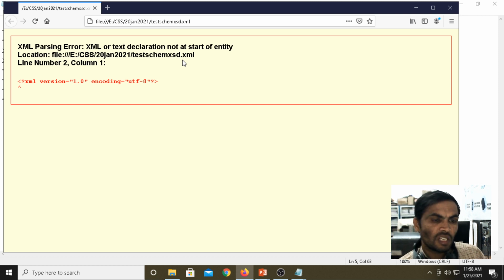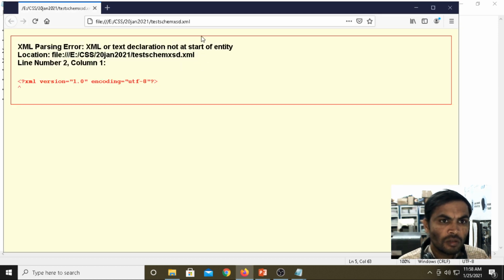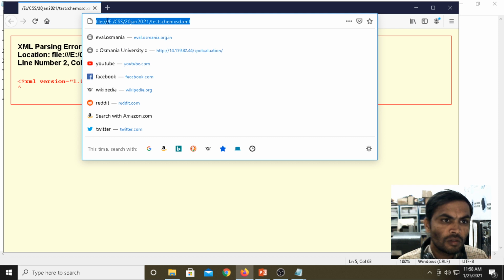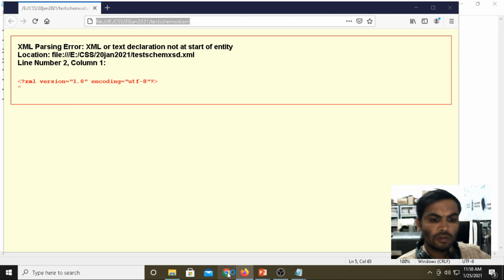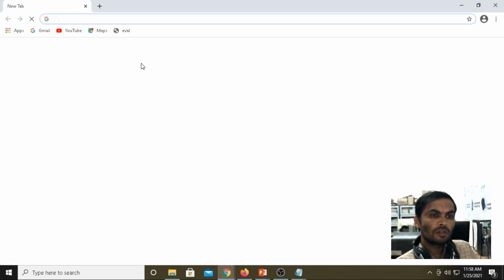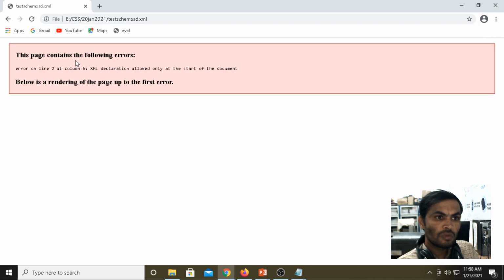The file we have given is correct only, so why is it showing an error? This page cannot be displayed due to the error. The error is at line number 2: XML declaration allowed only at the start of the document.